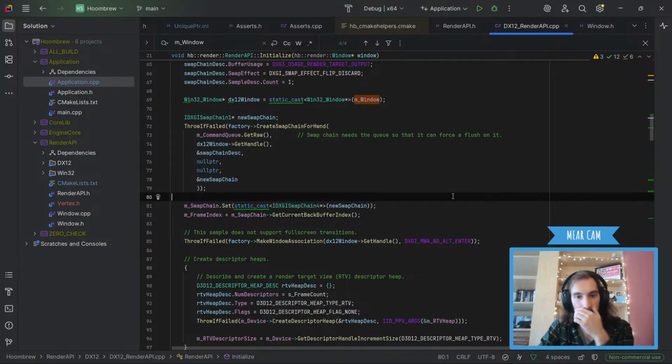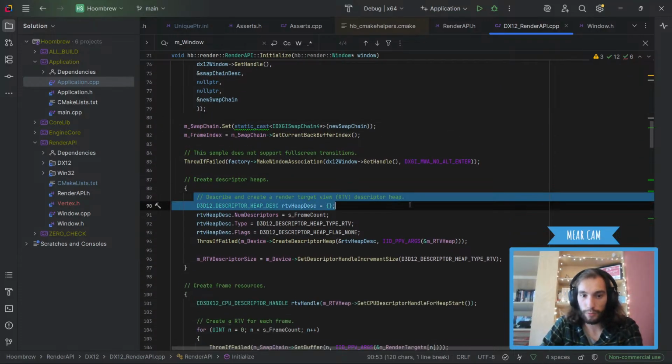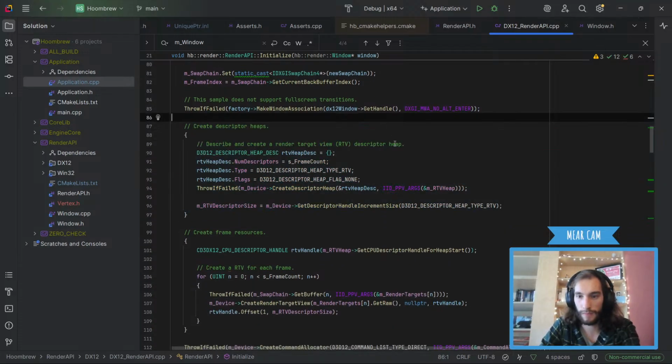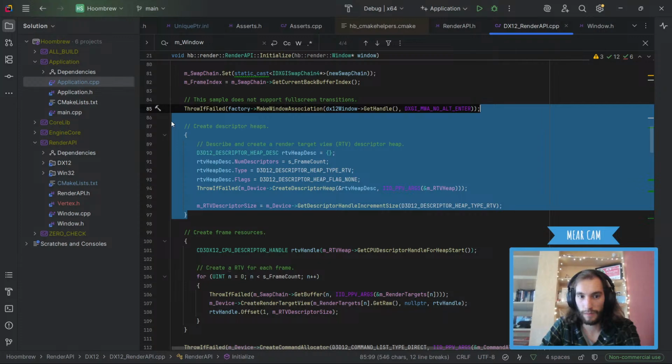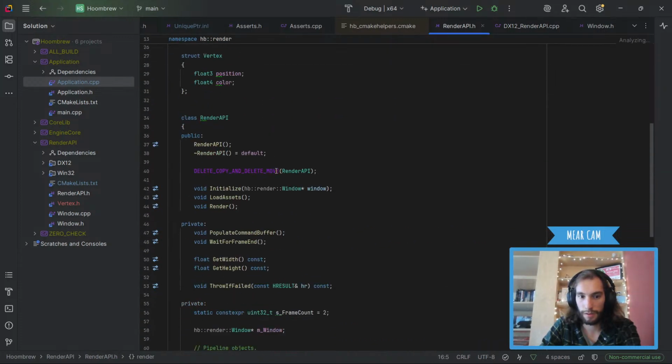We got the frame index. Yeah, that's all fine. Descriptor heap. So we make a render target as well. Okay. All good. Yeah. What do we actually do?